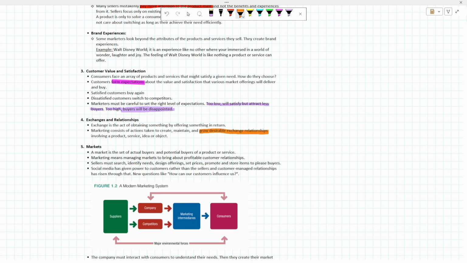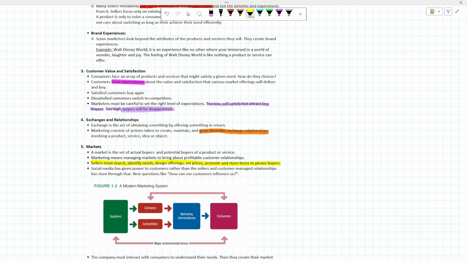relationships. So, five, markets. A market is the set of actual buyers and potential buyers of a product or service. Marketing means managing markets to bring about profitable customer relationships. Sellers must search, identify needs, design offerings, set prices, promote, and store items to please the buyer. So let me highlight that because that's a very valuable point here that I want you guys to take into